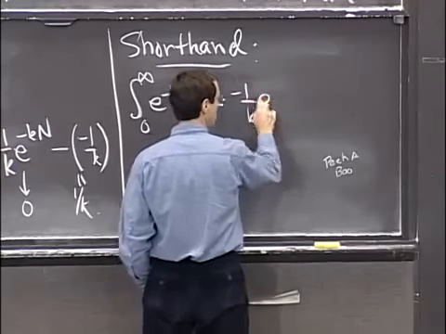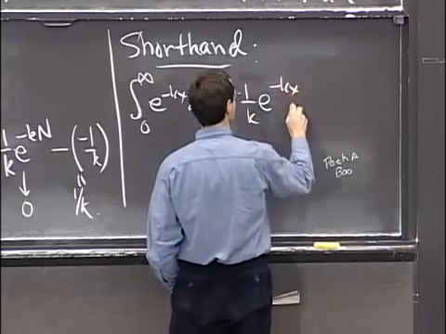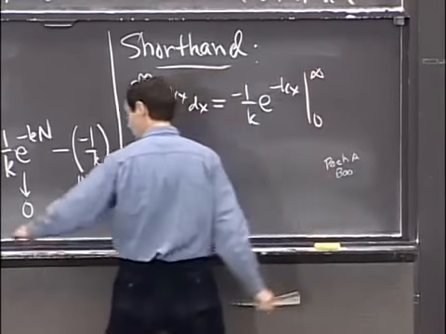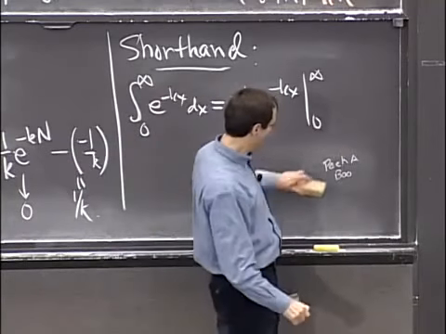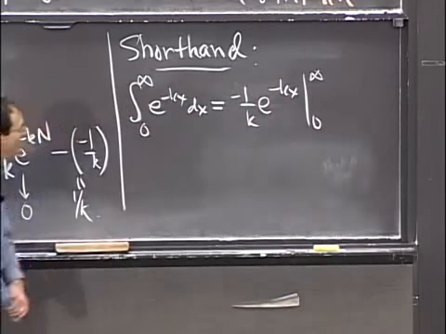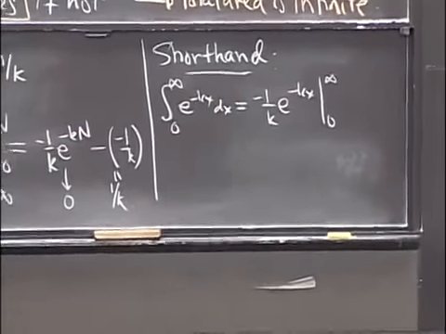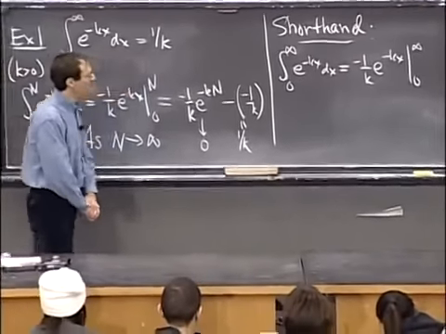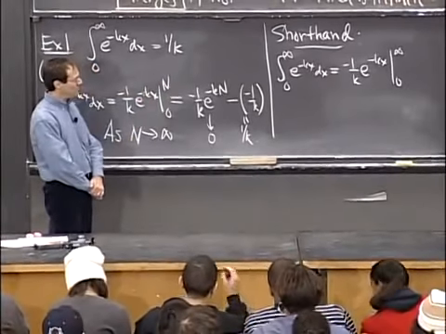and that's equal to minus 1 over k e to the minus kx, from 0 to infinity. Right? That was cute. Not small enough, however. Okay, well, all right,